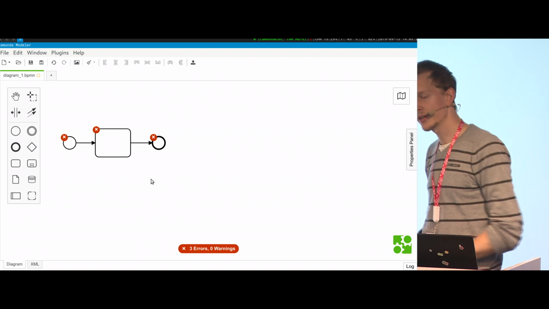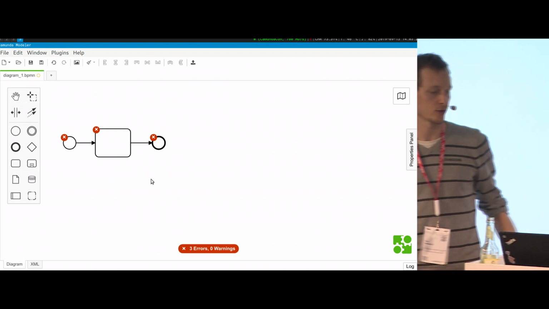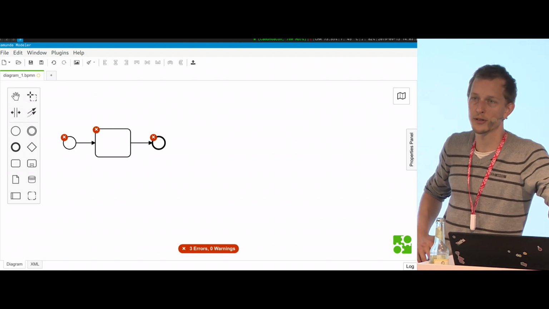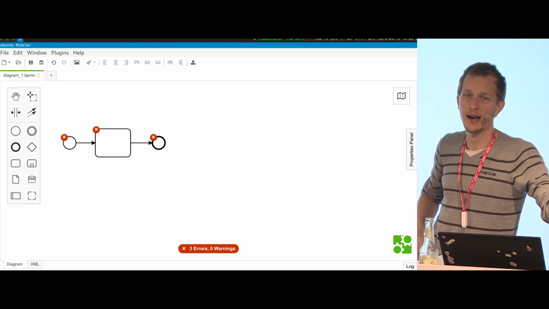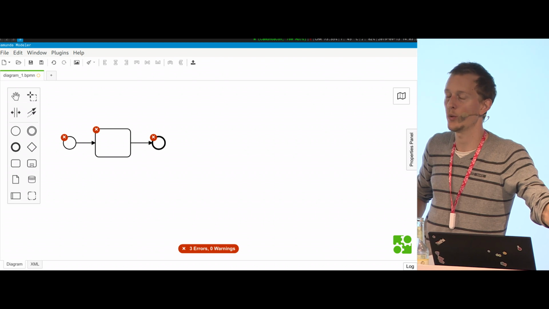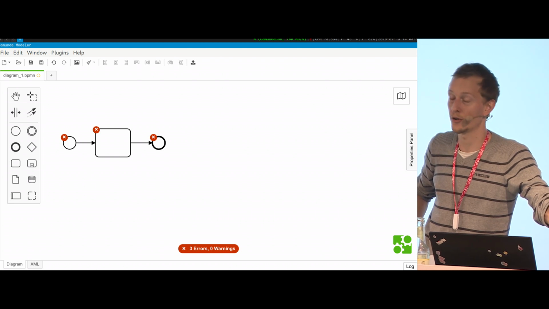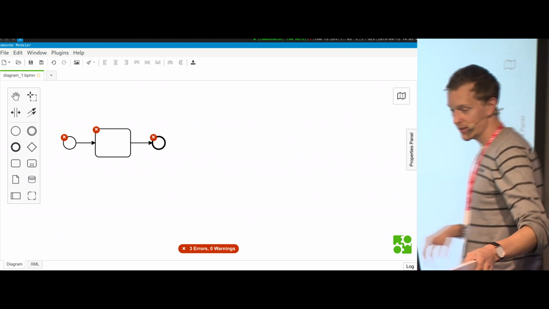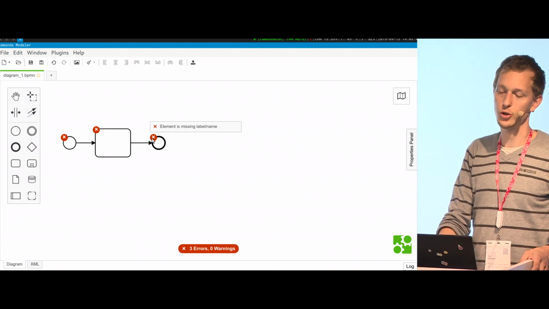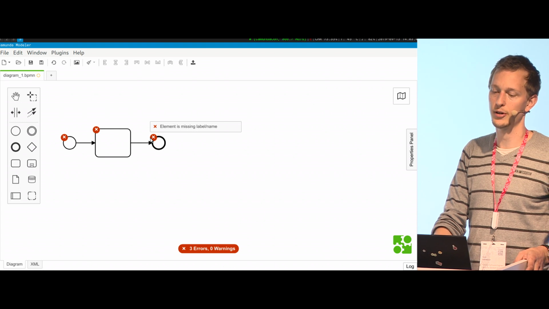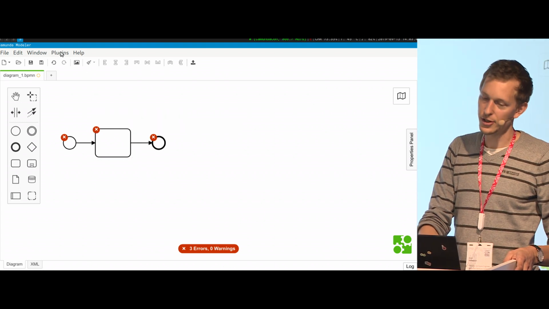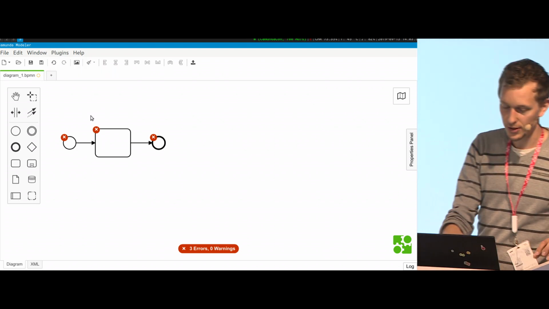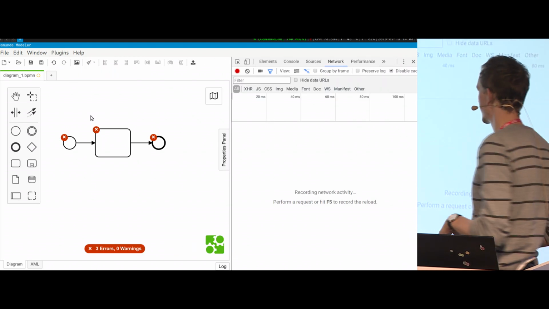Yeah, there's a few things that are super hard for plugins to capture. Like I would like to have a plugin that warns if a diagram doesn't look good, but unfortunately that is highly subjective, and also we can't compute that. We try that, auto layouting, it's a complex issue. But anyway, with this plugin, the only issue we have is that element is missing label or name, right? And the other issue is that the linter isn't working yet. So what we can do once the modeler recognized the plugin,